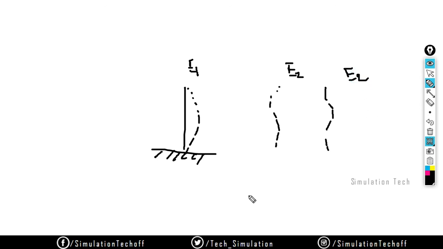So this is basically an eigenvalue buckling analysis, right? The different shapes are called eigenvectors. So E1, E2 and E3 are different shapes, eigenvectors.